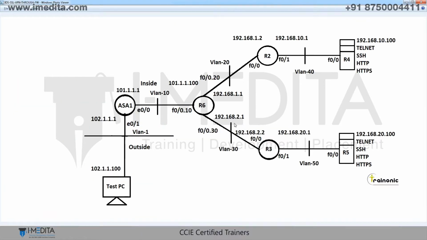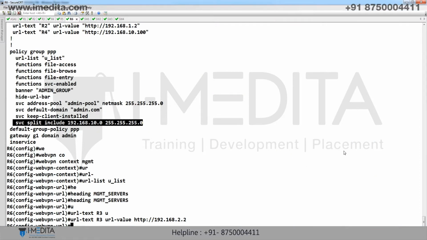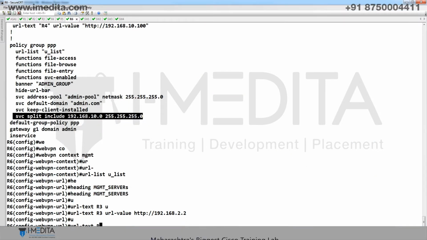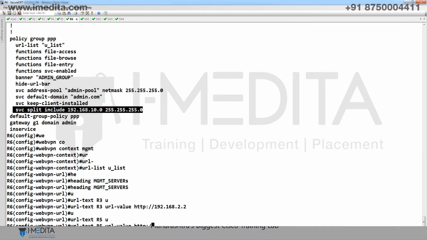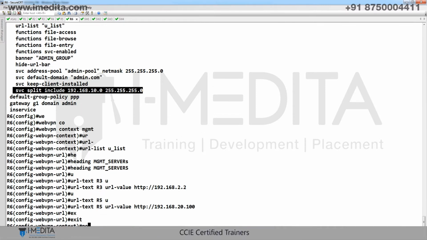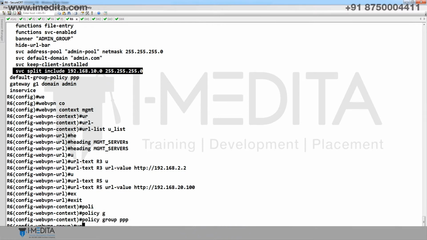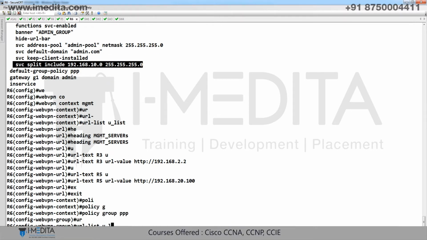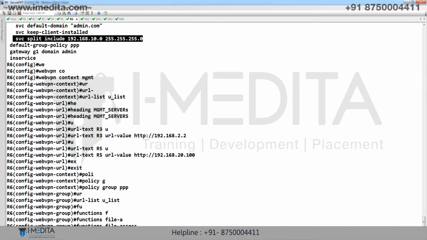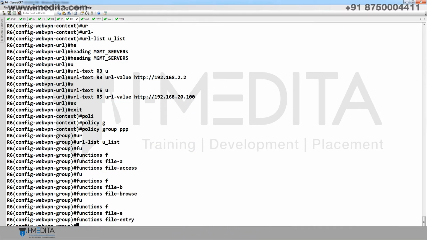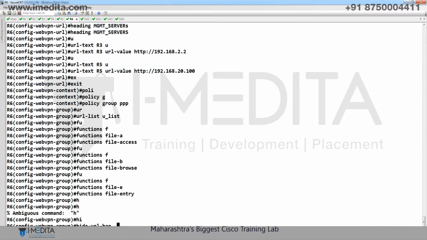Yes. For management we are putting URL of R3 and R5. URL text R5, URL value HTTP 20.100. Exit. Policy group PPP, URL list U underscore list, function file access, file browse, file entry, hide URL bar,